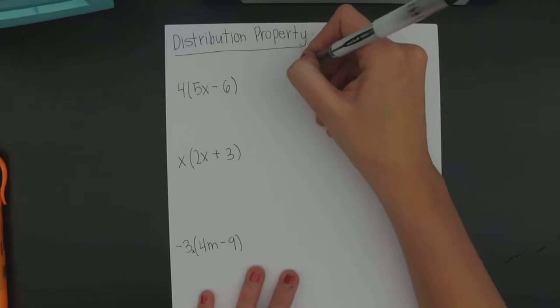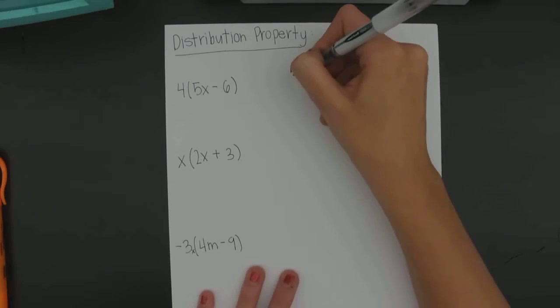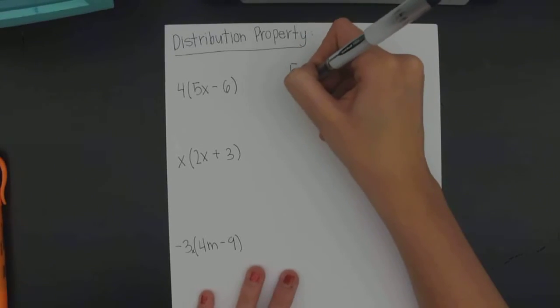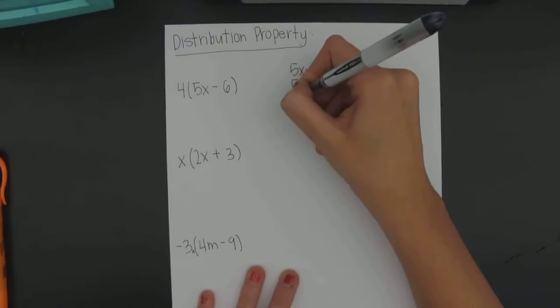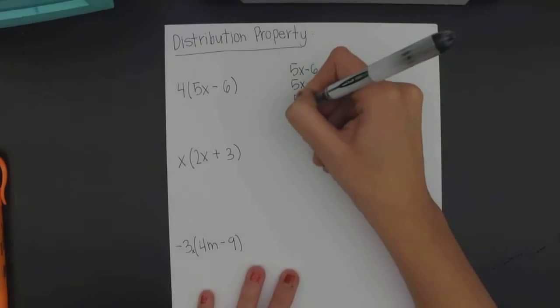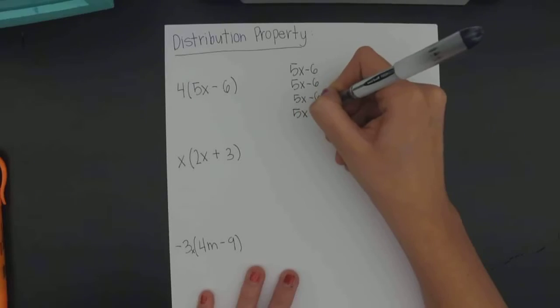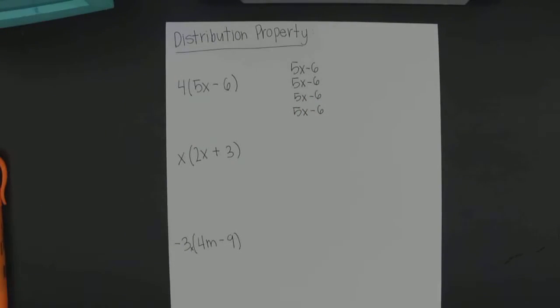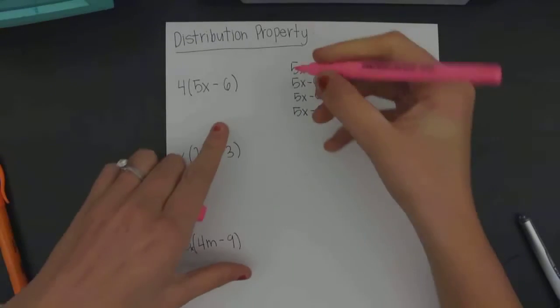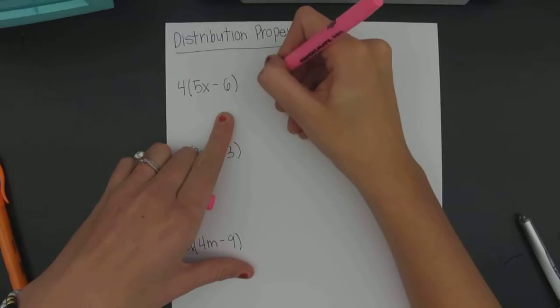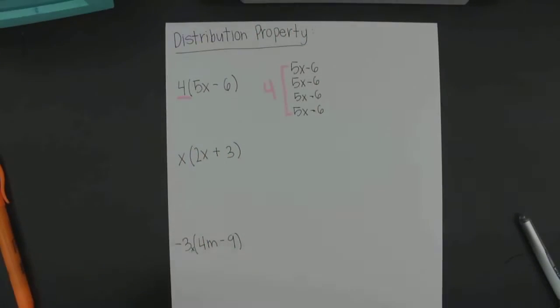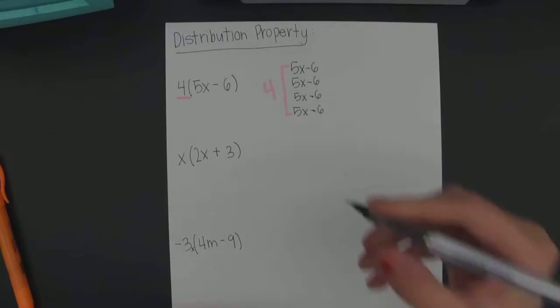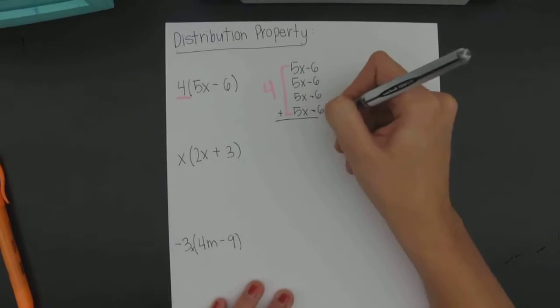I want 4 groups of it. So I'm going to do 5x minus 6, 5x minus 6, 5x minus 6, and 5x minus 6. Now if you count, I just did that 4 times, right? That was 4 times because my number right there tells me to do it 4 times. Now, because it's repeated addition, I'm going to add